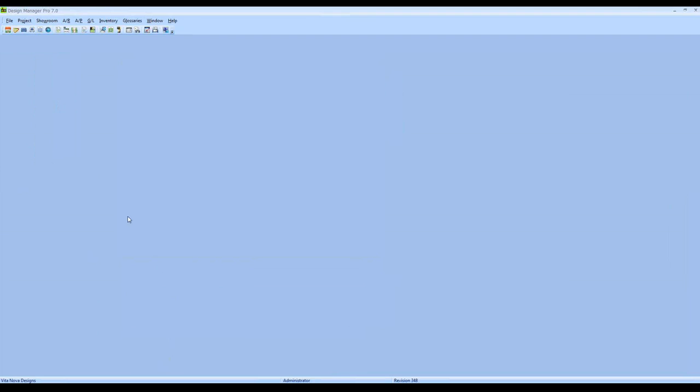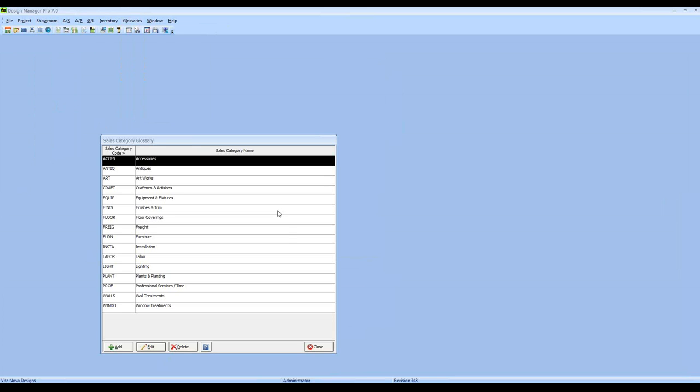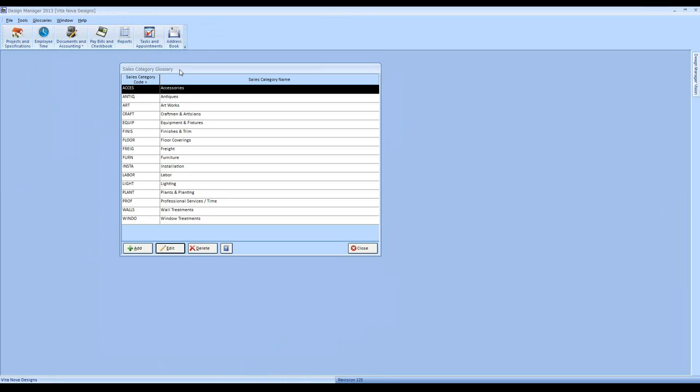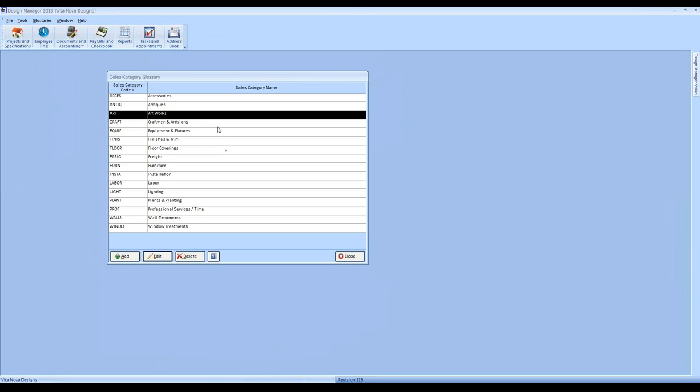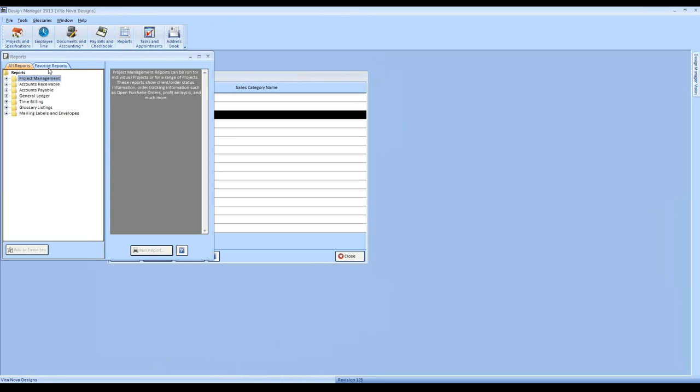And in Professional, you would access the sales categories also off the glossary listing drop-down and sales categories. And you can see the windows are very similar. Sales categories can be used to answer questions that arise, such as, how much profit did I make on furniture this year? Or what was my total cost of my artworks for the Smith project, for example? And many reports in Design Manager can be run by sales, utilizing the sales category as either a grouping or a filtering option. For example, if we look at our profit analysis report,